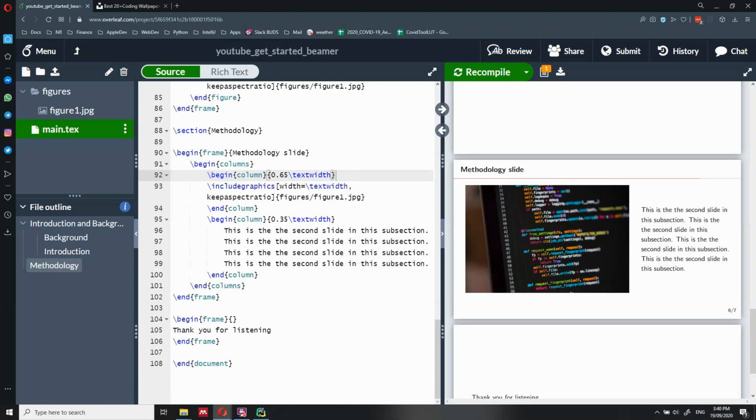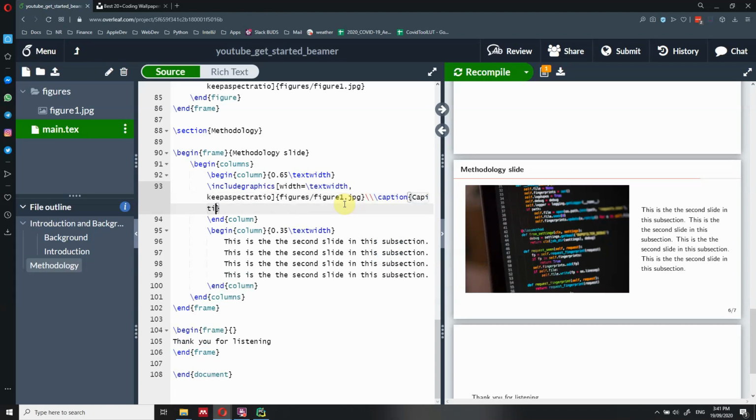Okay, so we have added the figure, and the last thing I want to show you is how to add a table. But first, one last thing that I haven't shown you: how to add a caption to this figure. If you want to add a caption, after the figure, when you import it, we have three backslashes, and then we can add a caption. Then we can say caption of the figure.